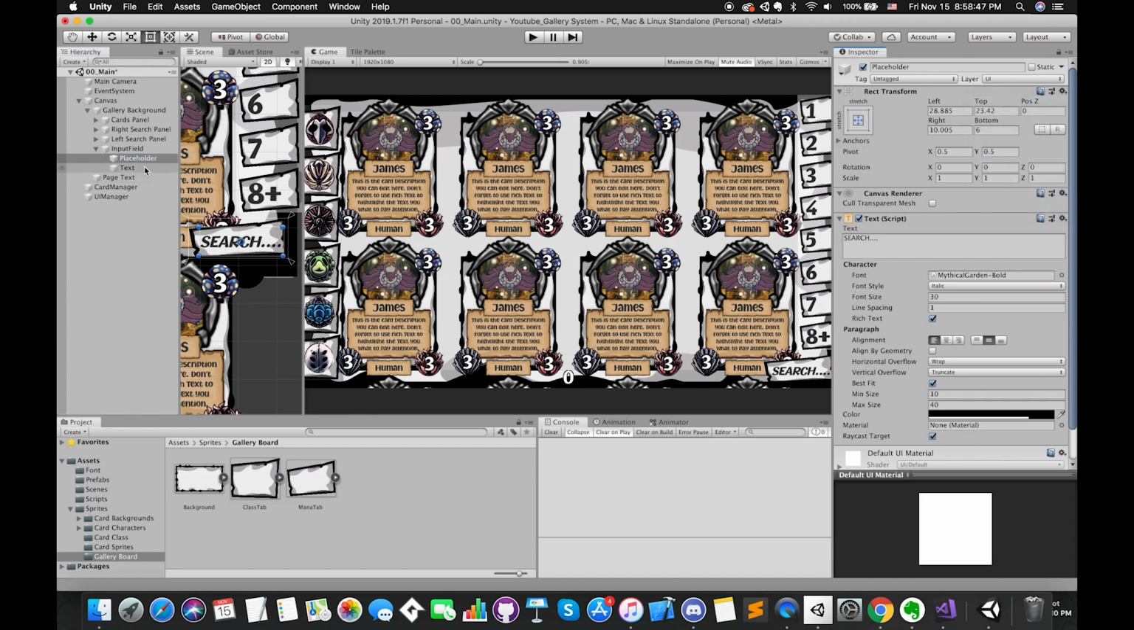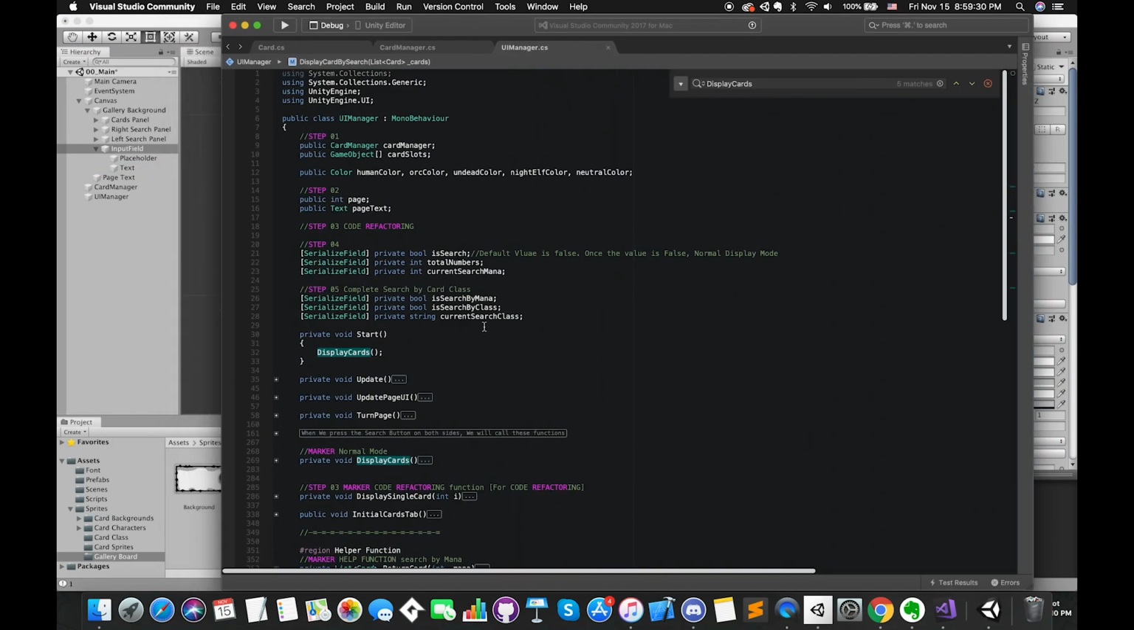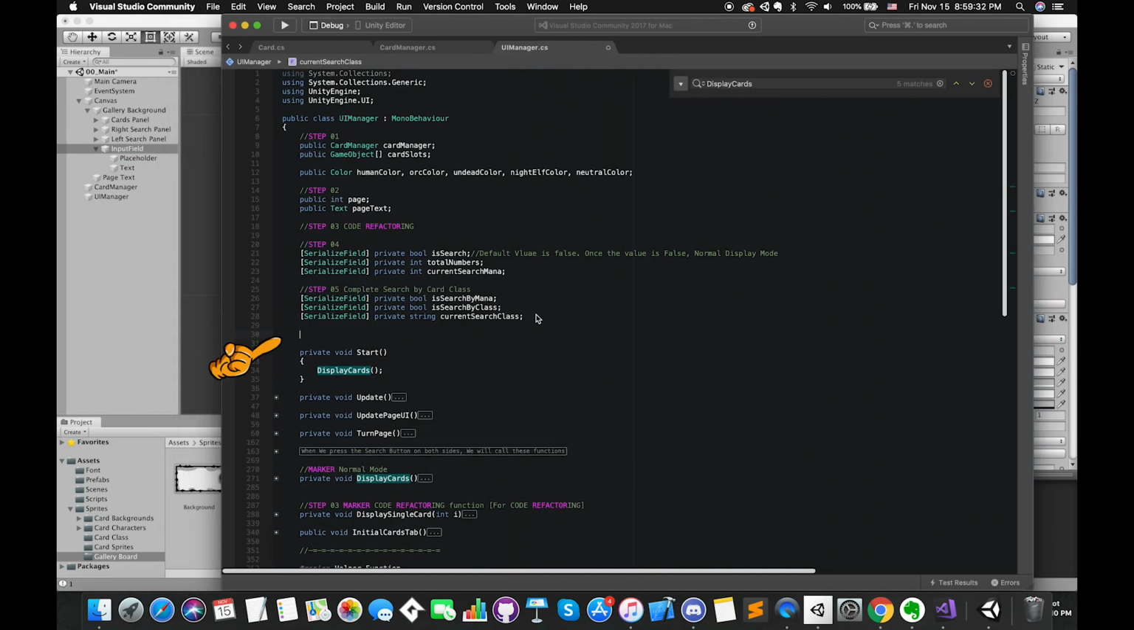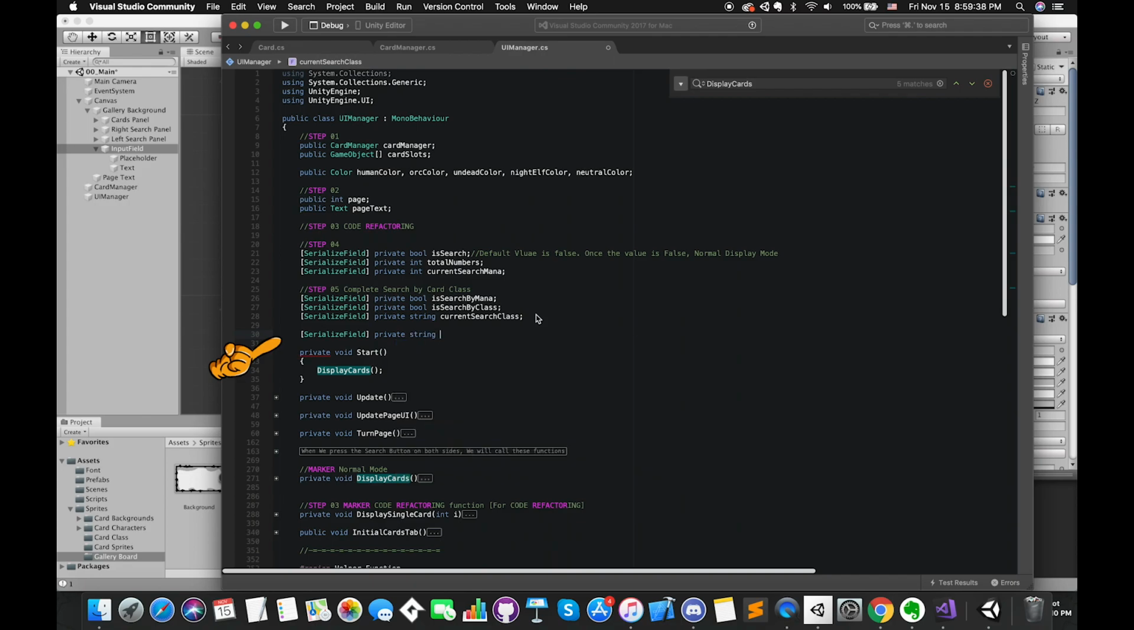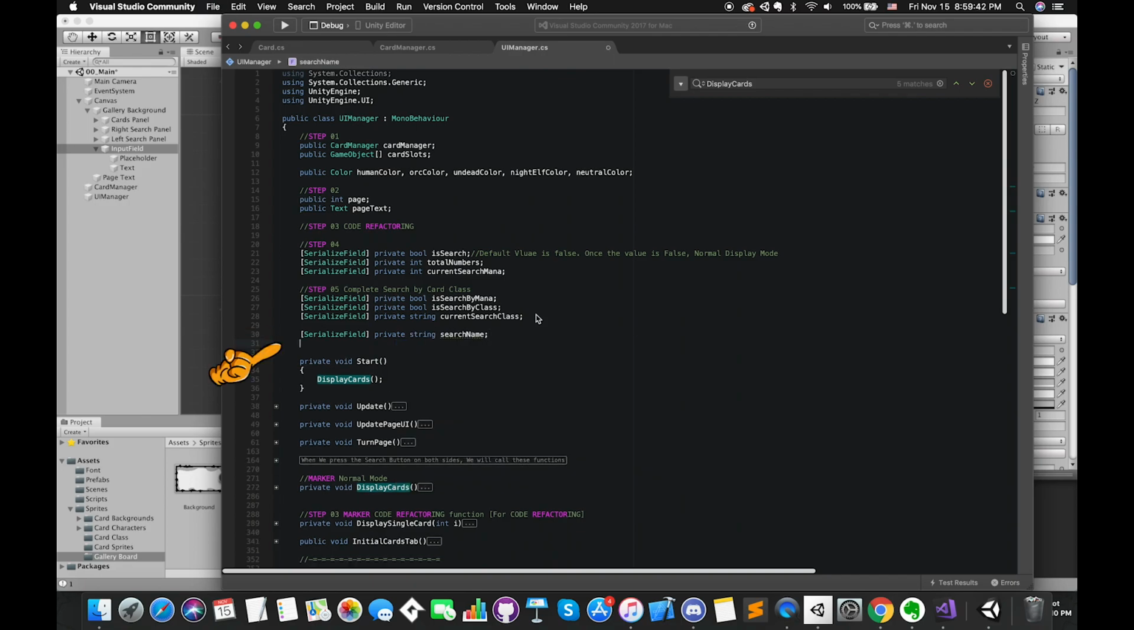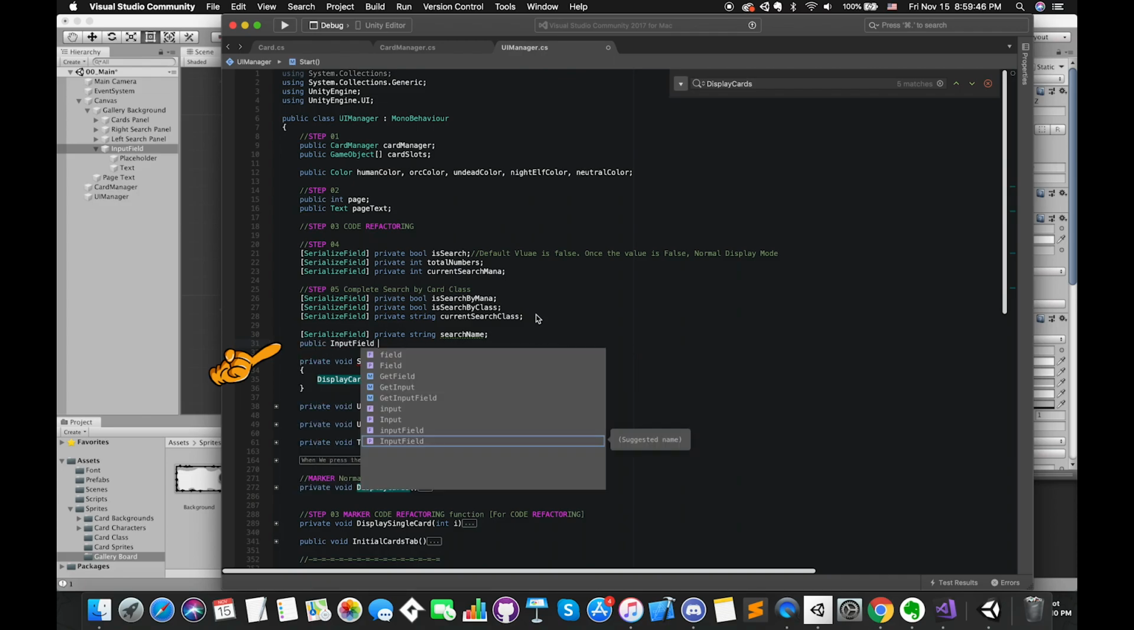Actually, you can choose to copy and paste the component as well. Go to the UI Manager script. The first private variable is a string called search name. This string variable will track what kind of car we search by input field. Then create a new input field variable called search import to hold a reference to the input field component on